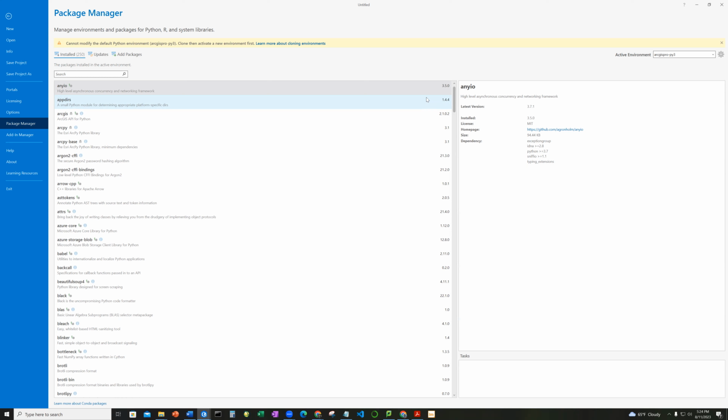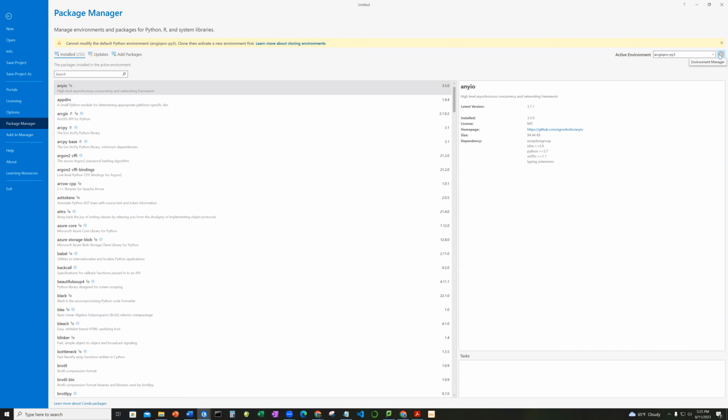Now, there are multiple ways to do it. You can do it from within the package manager, which is probably the easiest way to do it. But again, sometimes some people experience problems and receive errors doing it, but we are going to see how it works. So right next to your active environment, right up here,